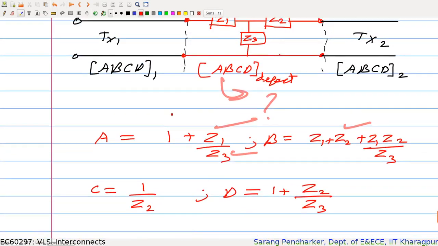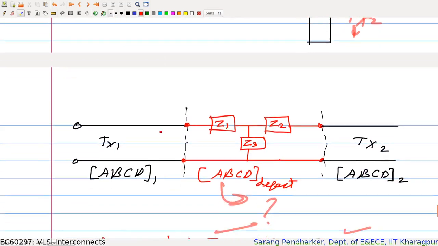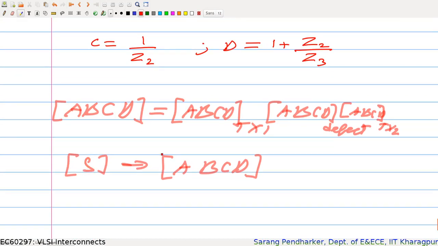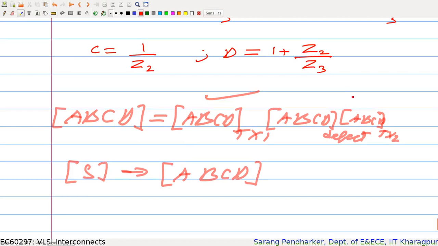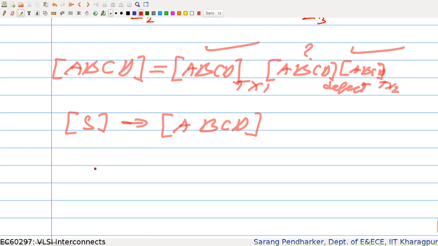So if I have a structure like this, what I will do is that I will do measurements here, right? I can't go to all defects, this defect, and then do the extraction. So from here I will get the ABCD. This ABCD will be for the net, but I know this, and this is what I don't know. So what I can do is I can do de-embedding. So my ABCD defect would be my ABCD what is measured